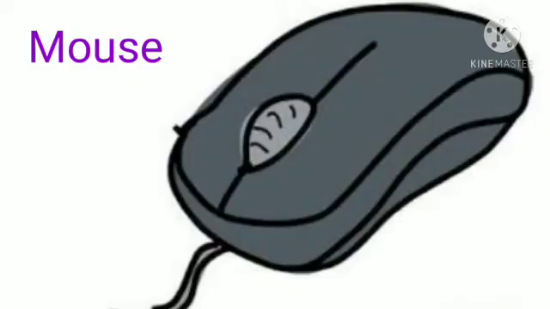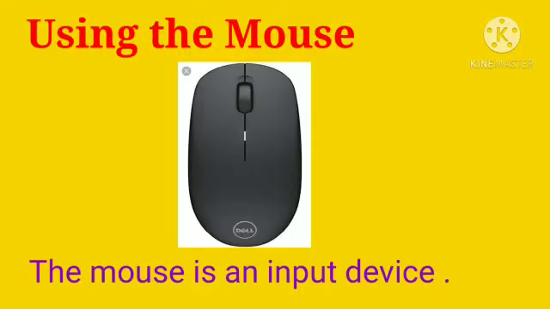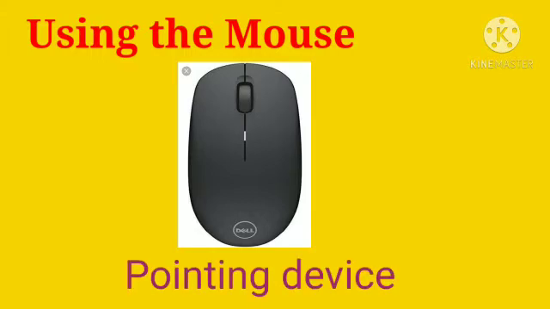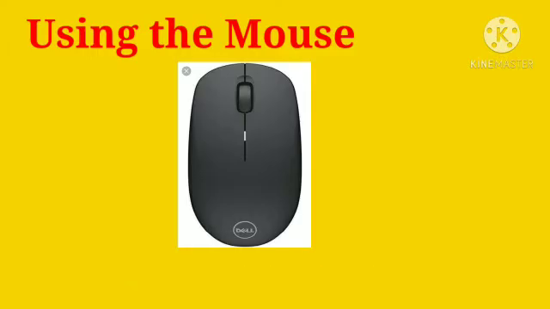Mouse is attached to the computer. Do you know students why it is called a mouse? Yes, it looks like a real mouse with a long tail. It moves quickly on the screen. The mouse is an input device. It is also known as a pointing device. It is used to point out or towards the items present on the computer screen. A mouse is used to select and open programs using the pointer.